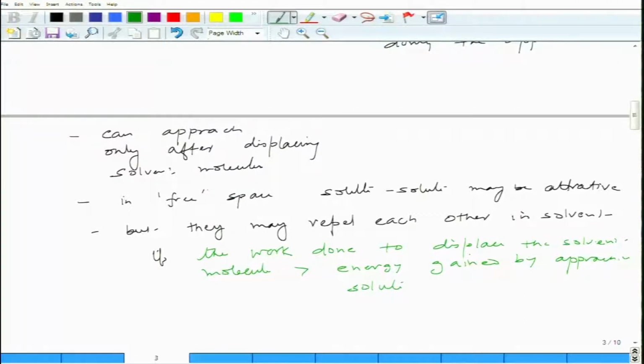So what this statement says is that if the final state where the solute is close enough,